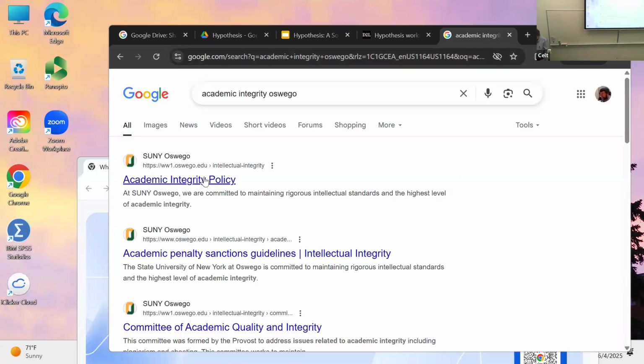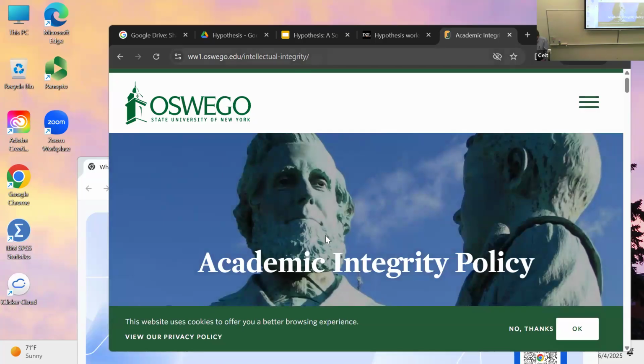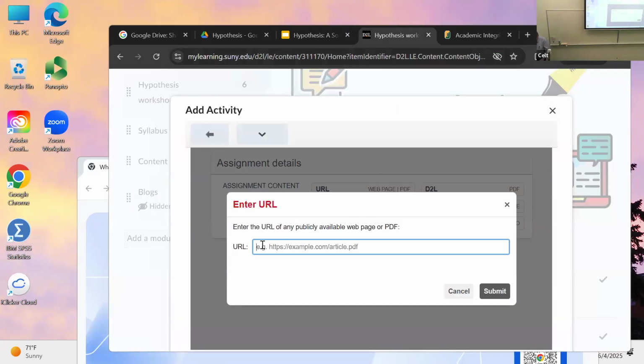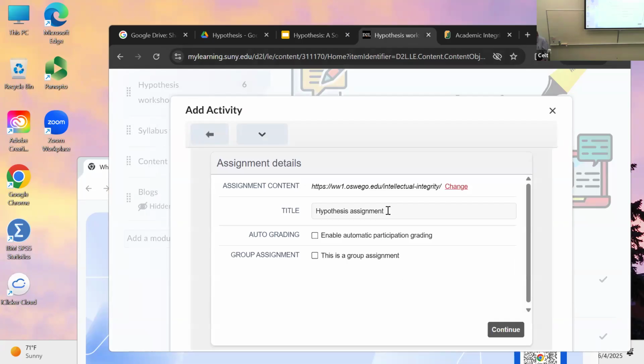Okay, here is the academic integrity policy. So we can grab that URL, go over here and paste it in. Then we change the title and we'll say academic integrity policy